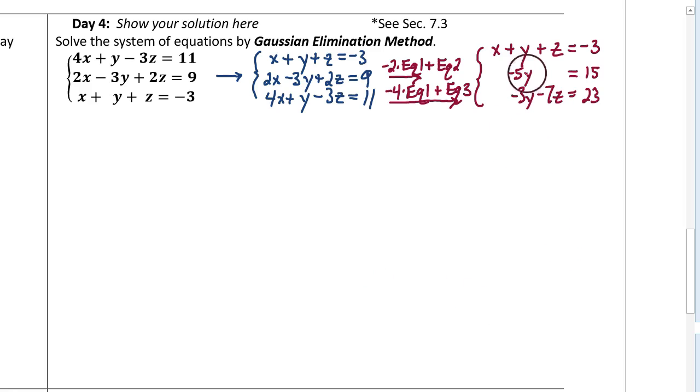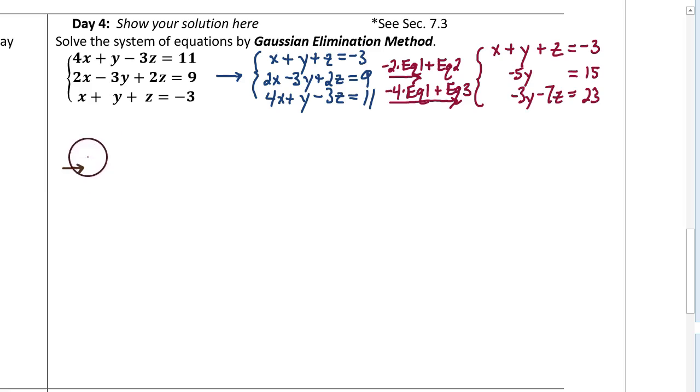At this point in time, because our middle equation has only one variable left, we could solve that for y by dividing both sides by negative 5. We would get that y is equal to negative 3. We could take that answer for y, substitute it into the third equation right here, and that would allow us to figure out what the z is. Then we could take our answer for y and z and substitute here and here to get the answer for x. But we were asked to use Gaussian elimination method, so I'm going to continue with that method